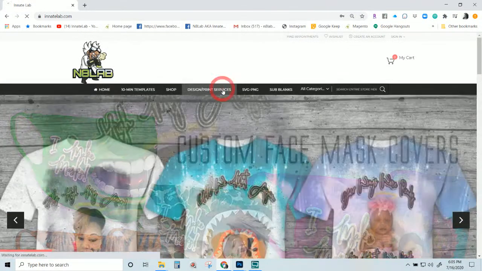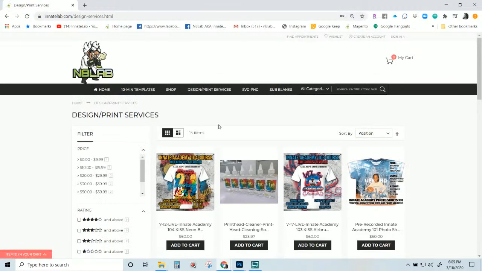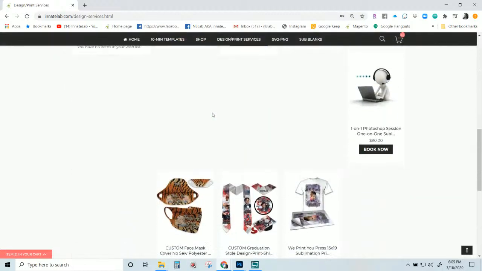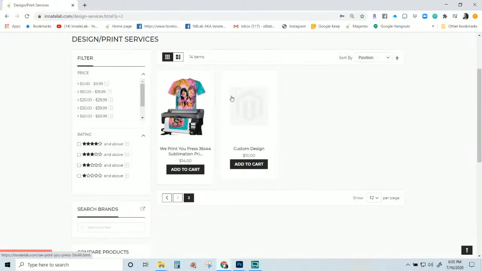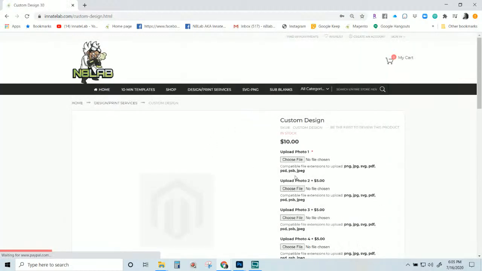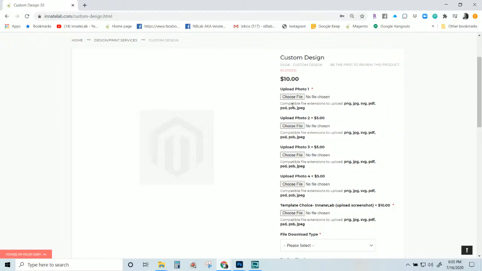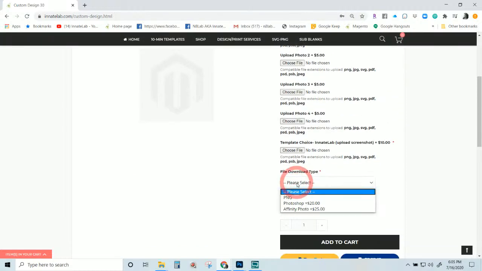So you go to Design Print Services, that tab there, and it's on the next page. The website is doing some funky stuff with the pictures, but there it is. It's custom design. I have to put a little icon there for you. But you would click on custom design, and depending on how many photos you upload and what file format you want, like if you want the Photoshop file or the Affinity Photo file, like if I have to do it in Affinity, or you want it to be PNG, because sometimes people just want the PNGs,